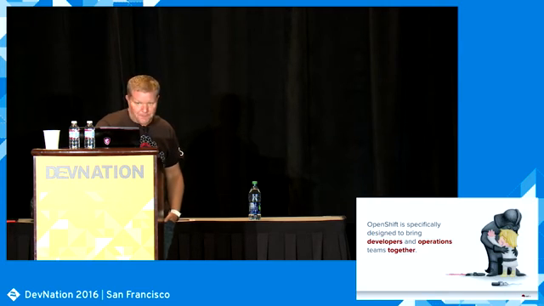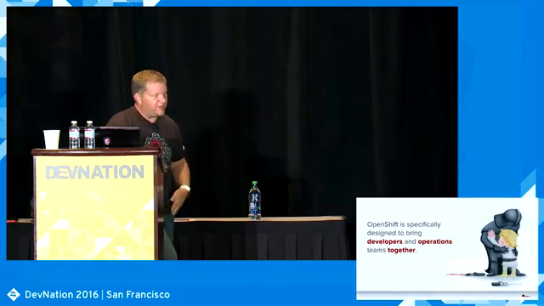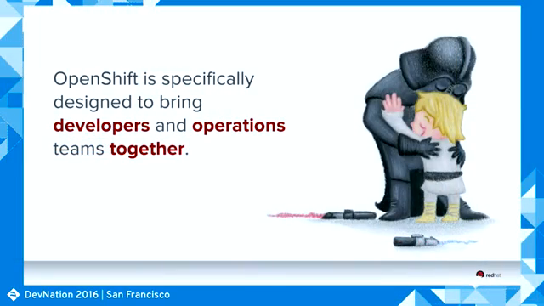OpenShift Enterprise is the product we sell, much like RHEL, Red Hat Enterprise Linux. If you want support for it in your data center, that's OpenShift Enterprise. But it's the same code as Origin. And then OpenShift Online is that same code that we run for people on the public cloud as a self-service type environment. OpenShift was specifically designed for the 2 competing groups inside of IT to get together,